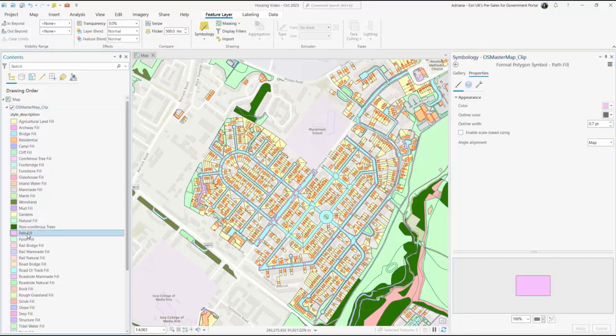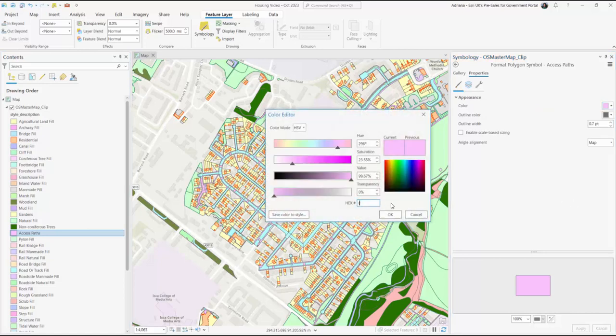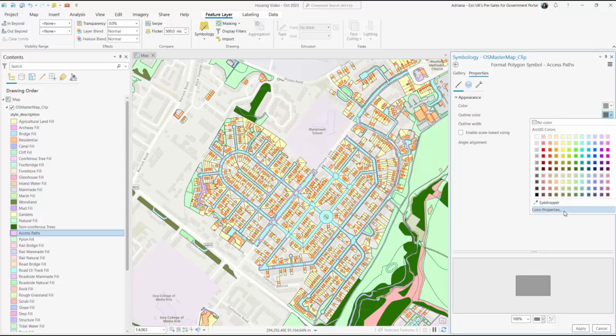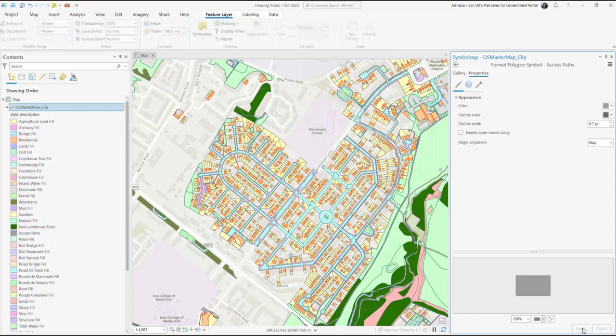Path fill refers to paths, so again, let's rename this to access paths and go ahead and change the color. The hex code we'll be using here is 9C9C9C. And the outline is going to be the hex 686868. Just remember, with all of these colors and names I'm choosing for the symbology, this is just an idea